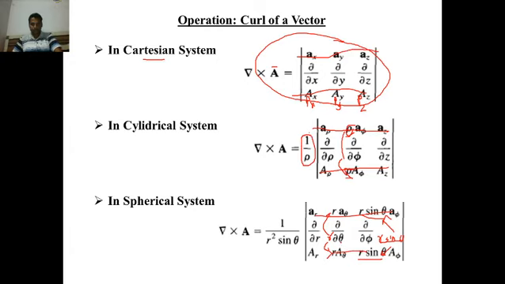Similarly, this r was missing and this r sin theta was missing. So what is missing? R into r sin theta. That's why r square sin theta is added outside this bracket as well. So you understood? This way you can memorize this particular formula. R is missing here, that's why it is added in the first row, in the third row, as well as outside this particular bracket. R sin theta was missing here, added in the first row, added in the third row, and the multiplication of these two is added outside this bracket.